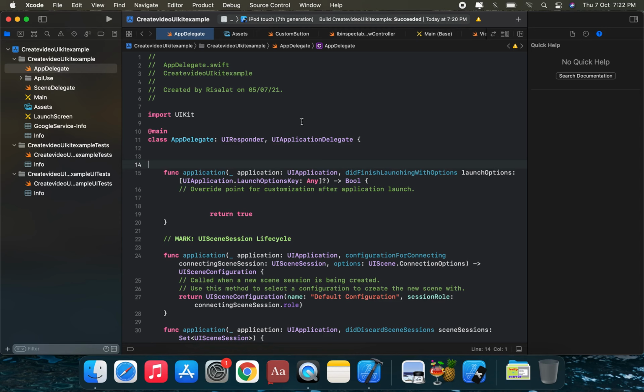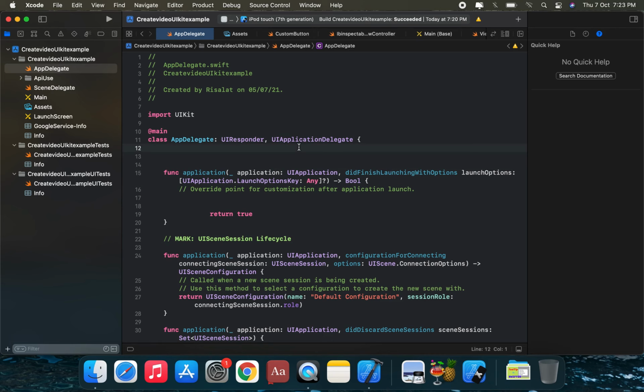A dynamic height view is a view whose content grows and shrinks, that is, increases and decreases based on the content length. For example, if the description length is larger, in that case our view should increase to fit the description inside of it. So first of all, we are going to create a